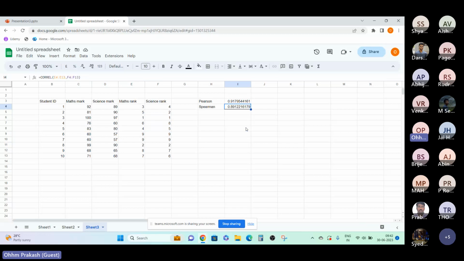Here, as I said, the amount of difference does not matter. It's just about the direction. Someone who has got first rank in maths, what rank he has got in science is the only measure we are trying to see here. Whereas in case of the other one, if someone has got 100, how many marks as such, whether it is going to be 90 or 60 and so on, that actual linear relation is what is measured